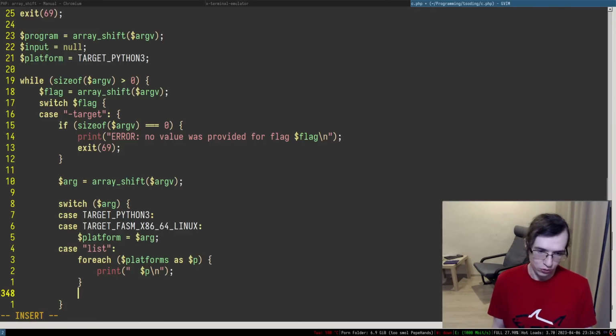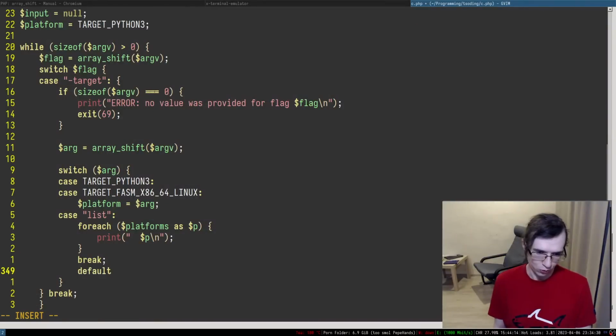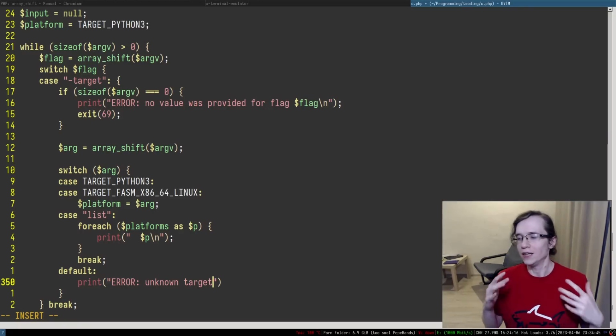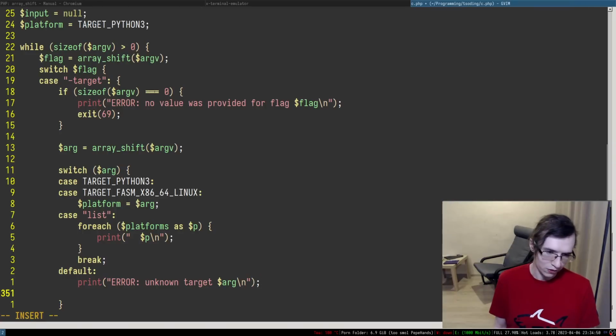And of course in here we have to throw an error saying something like error unknown platform. It's not really platform, target. I should call them targets. They're not really platforms, they're targets. Or you can call them target platforms. So unknown target arg, with a new line, and then we can exit with a 6969.